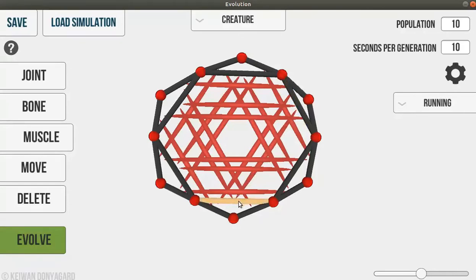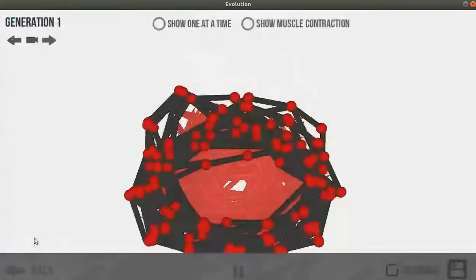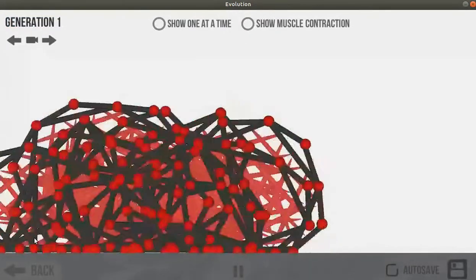So, at any rate, okay, connect that, and this should be the last one right here, and there. That is my evolved and designed 12-sided sort of wheel, and it's already selected the running by default. So I'm going to go ahead and click on evolve, and there it is,